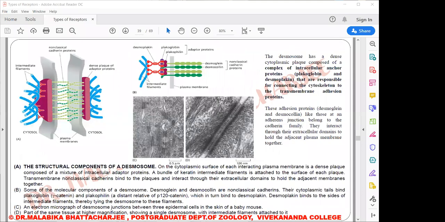Now coming to the next category of junction, let's move on to the anchoring junctions or the desmosomes. As you can see from the picture, the desmosomes are disc-shaped adhesive junctions approximately 1 micrometer in diameter, having a narrow gap of 30 nanometer in the extracellular region. So these are, you can see the red color. Let's first identify the proteins of the desmosomes.